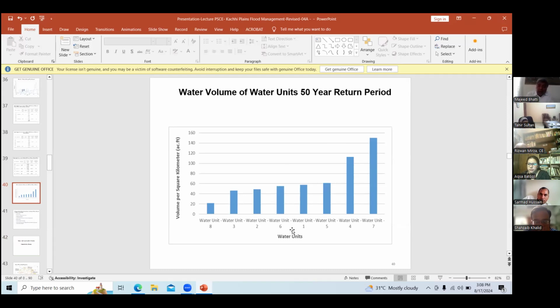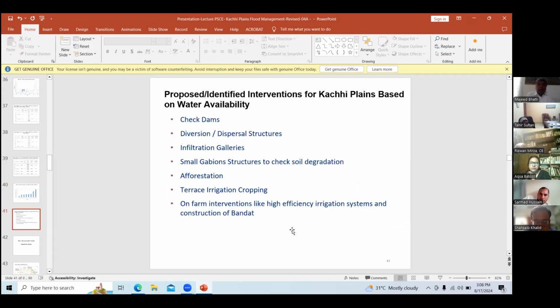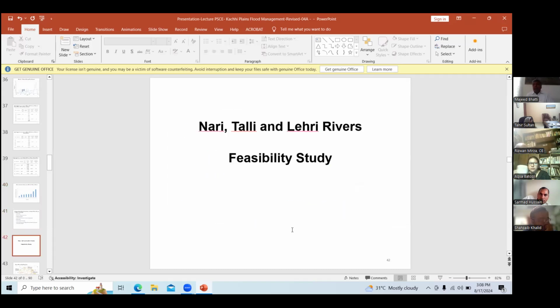So the government of Baluchistan asked the consultant for a feasibility study of the water available in the Nari, Talli and Lehri rivers. You will see how much river water flows in these during the rainy season, during the floods.